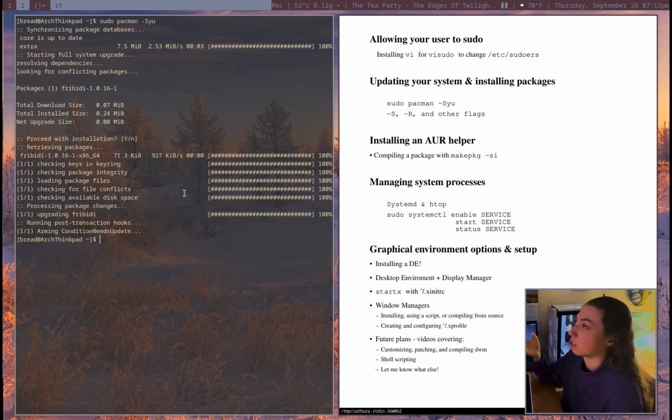So that updates our system. How often should you update your system? Personally, for this PC, I update it every few days. You've probably heard, maybe, "Don't update Arch before you're about to have to do something important." That generally holds true. If you're about to need your computer for something very, very important, don't update Arch an